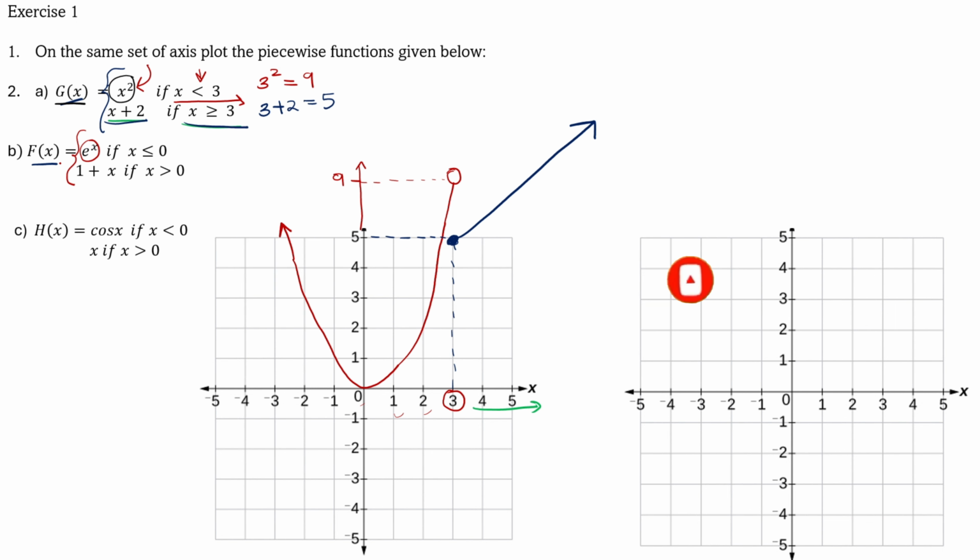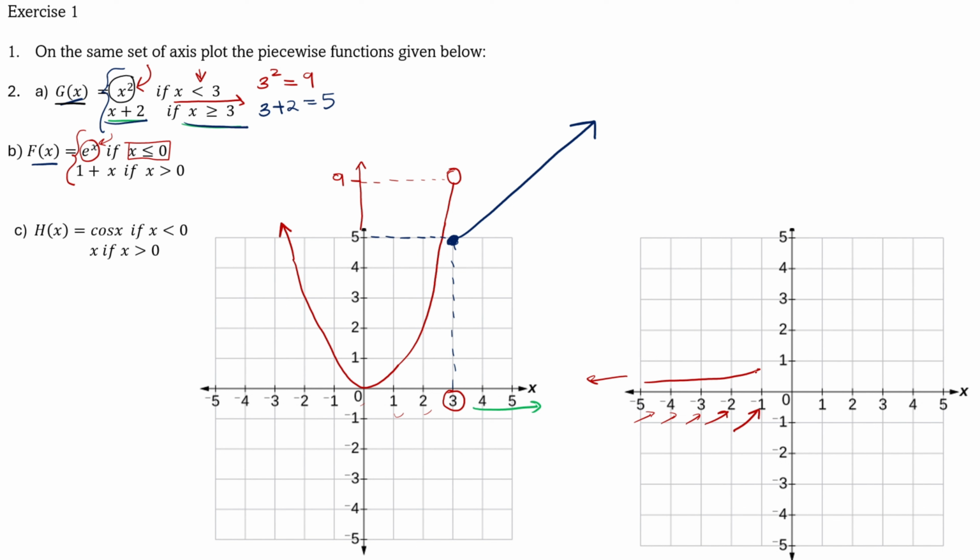So my function f of x is equal to e to the power x if x is less or equal to 0. When we say less or equal to 0, I'm just going to consider all the values that are less than 0 and 0 itself. So we are talking about values such as -1, -2, -3, -4, -5 until the entire negative infinity. So I'm going to draw the natural exponential function, e to the power x, for all the x values that are less than or equal to 0. The function is going to be an increasing function. I'm sure you know how a natural exponential function looks like.